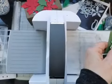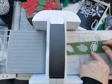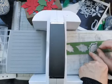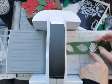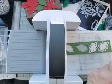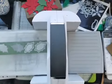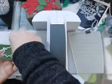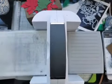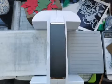One, two. Stop sticking. There's a couple of those. Again, we might need more, but we'll see how that takes us. And then I think we'll have... I want some